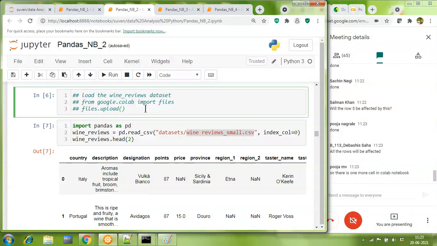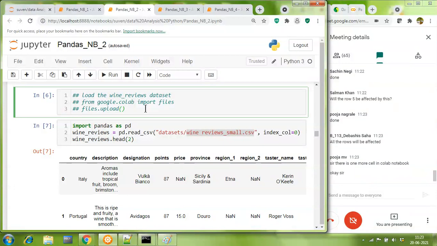Yeah, Pooja MV, I know there is one more cell, but you've done that cell in the previous notebook already. You mentioned, remember, some cell was missing in the previous notebook, that is the same cell. So it is already done. Yeah, so everyone will please upload the data, and if uploading has started, please inform me as upload started on the chat.